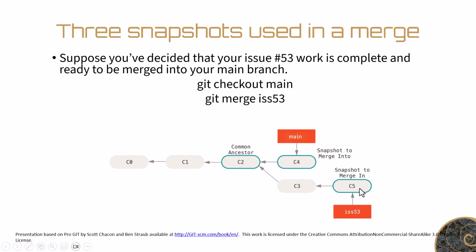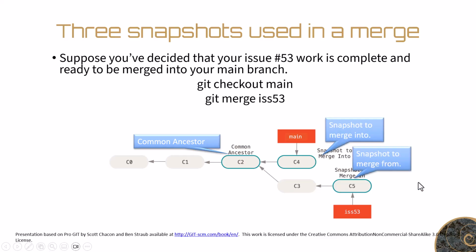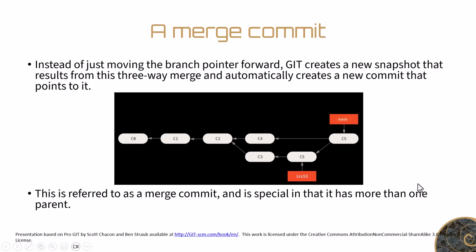So this is where we are now in 53. And they have a common ancestor, which is C2. But this is where we want to merge into. So instead of just moving a branch pointer forward, what you do in this case, when you merge 53 in,